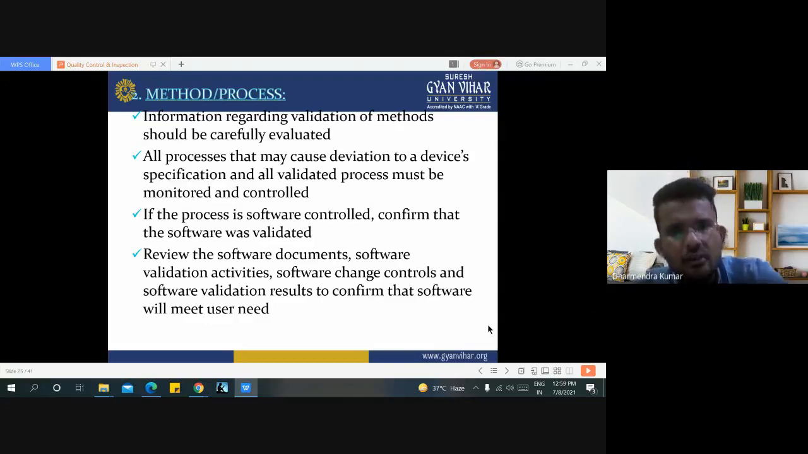If the process is software controlled, first confirm that the software was validated. If our process is automated and it is software controlled, then firstly we should confirm that this software is validated or not, licensed version or not. Review the software documents, software validation activities, software change control, and the software validation result to confirm that the software will meet user needs. If our process is overall automation, like we are talking about CNC,